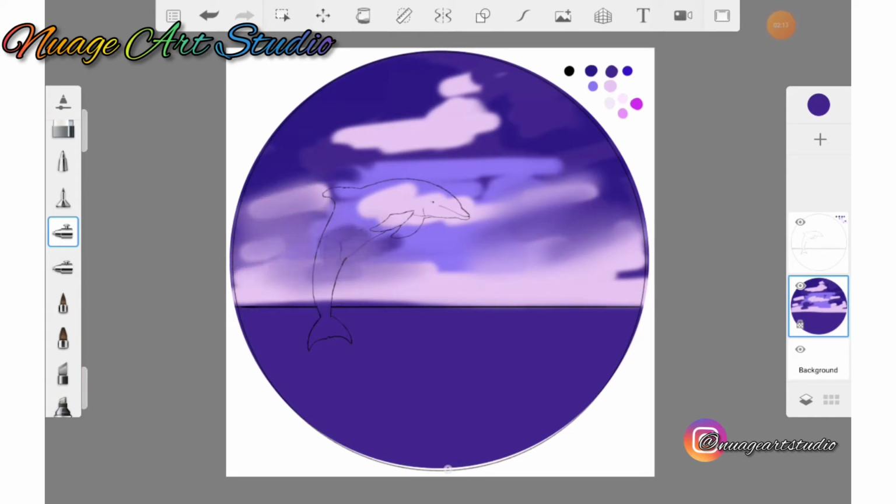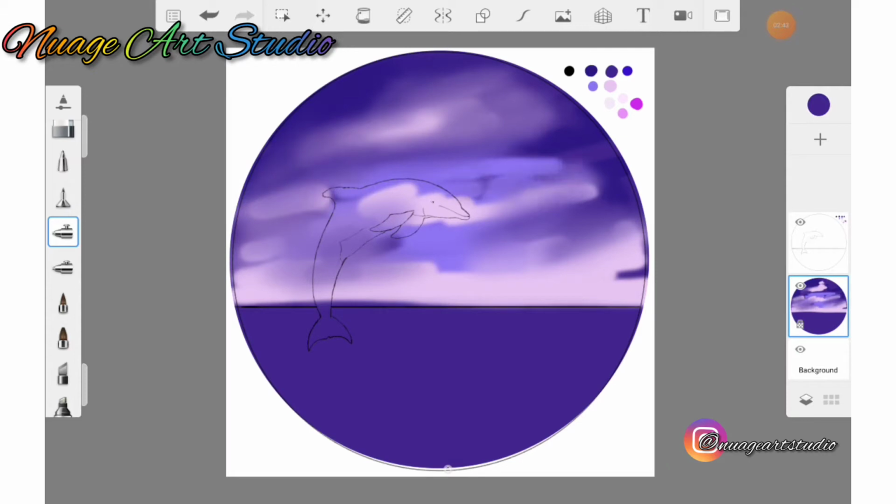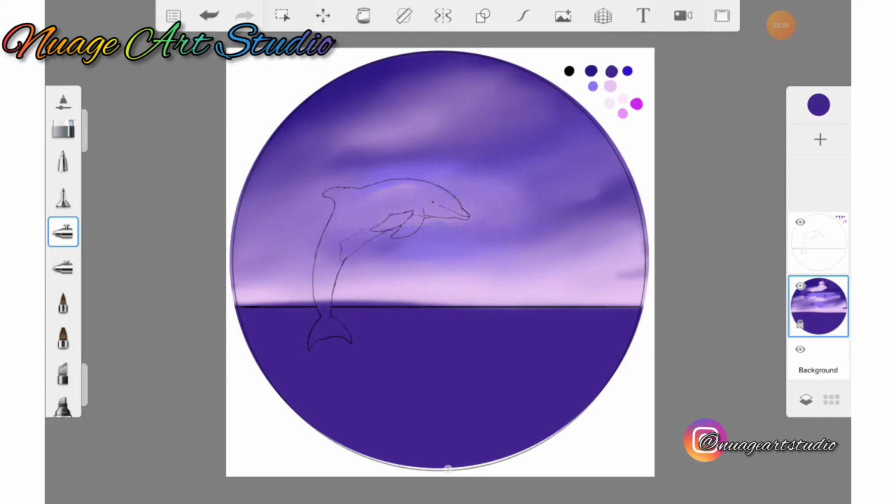When you're finished with this step, you're going to repeat the same step. You're gonna add another layer of colors, and you would see when the video goes along, you'd see these colors that I am going to be using. It's similar to the first layer of colors that I would have added. The only difference is I am adding a very dark pink in between to give the sky a little bit of oomph, because I just think that the colors were a little bit flattening and I needed that very